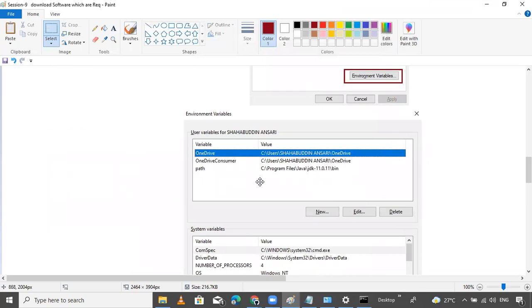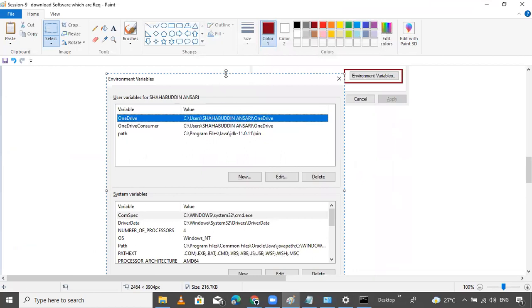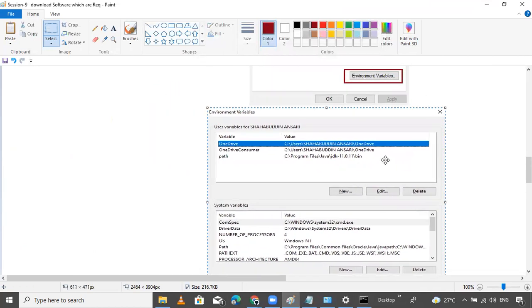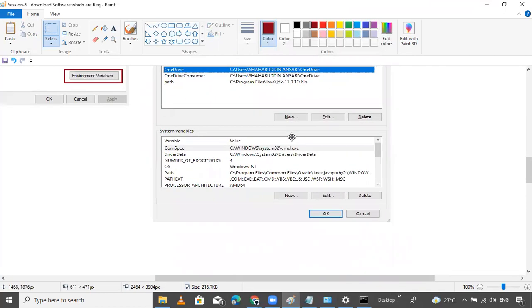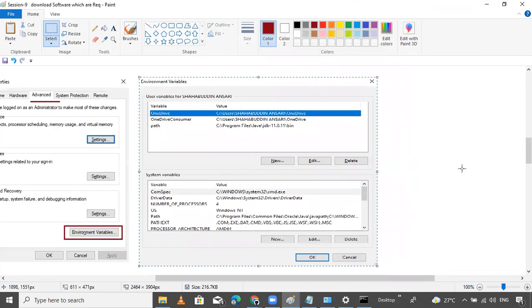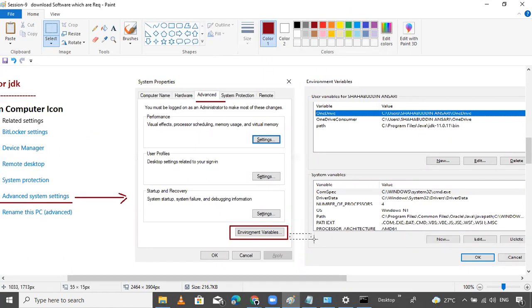Okay. When you click this, you will get this type of dialog box.